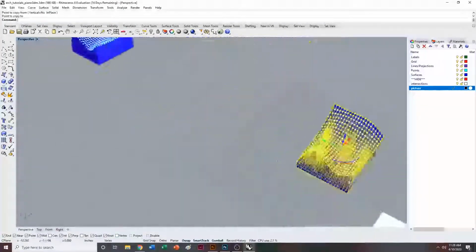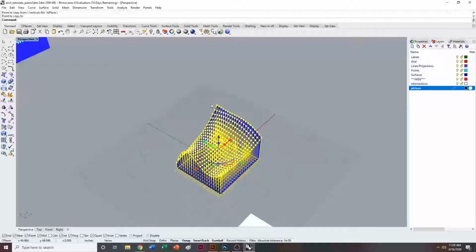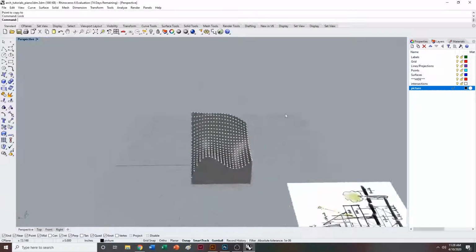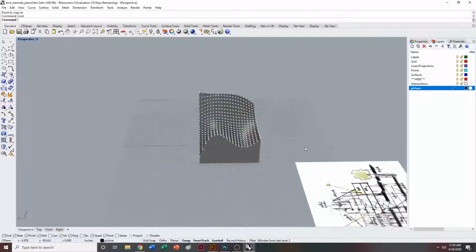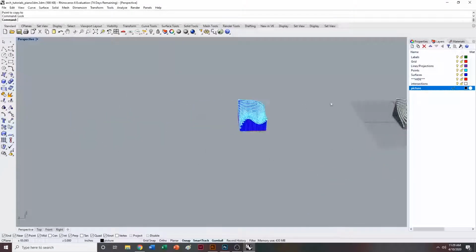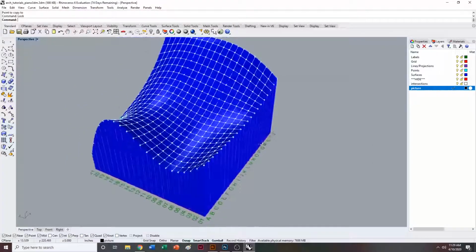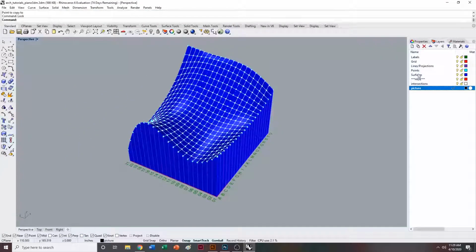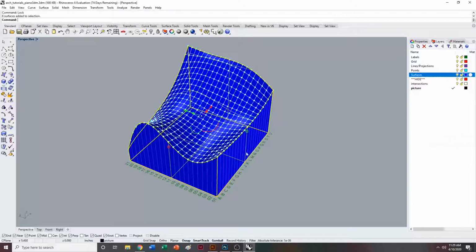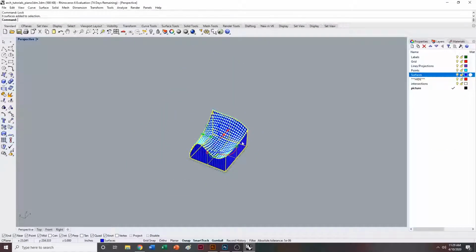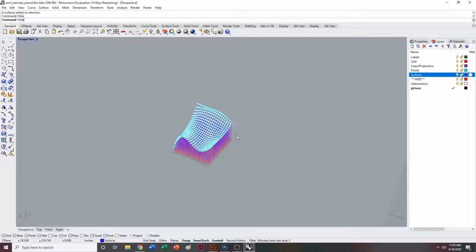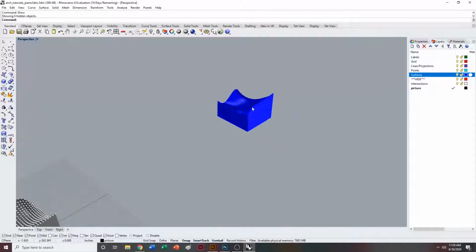So now that I have a copy of this thing over here, I'm going to lock this so that we have an original copy of our drawing in case we accidentally delete it or something over here. And the only thing that I'm really going to use for this tutorial is the surfaces. So I'm going to hide those and delete everything else and then type in show to bring it back. So if yours are individual,